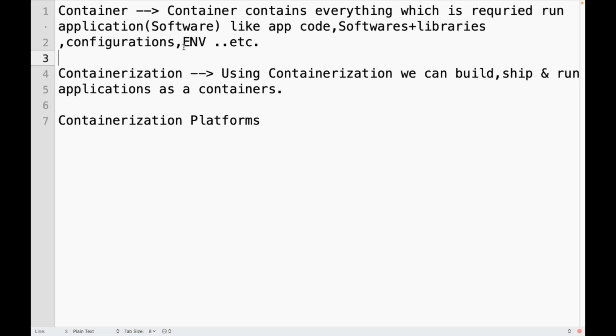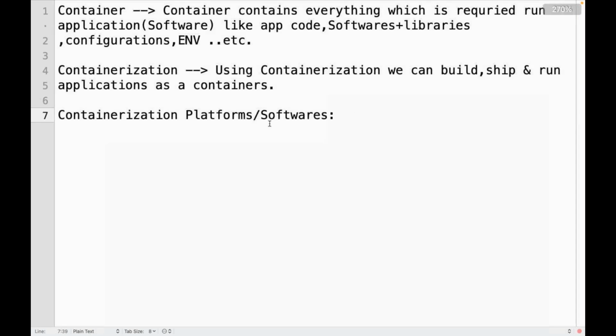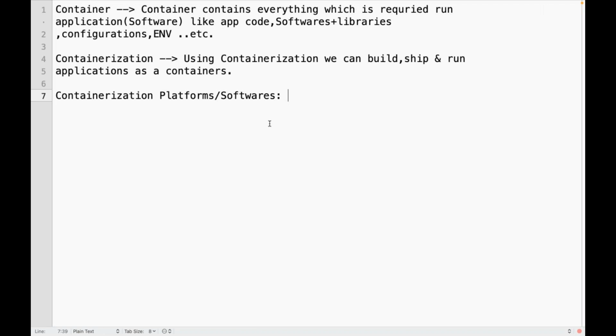To build, ship, or run these containers, do we need some containerization platforms or software? Yes. So what are these containerization softwares? Like Docker.